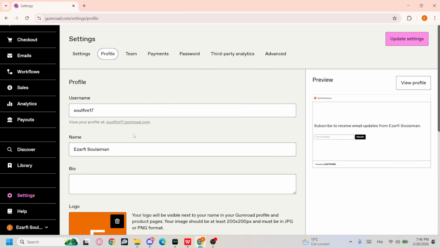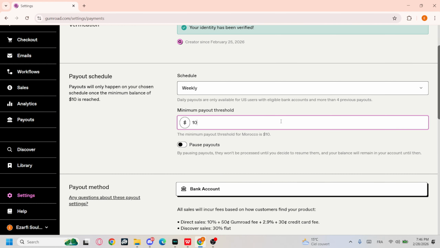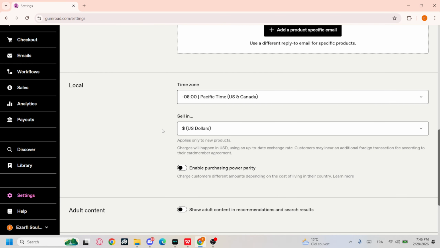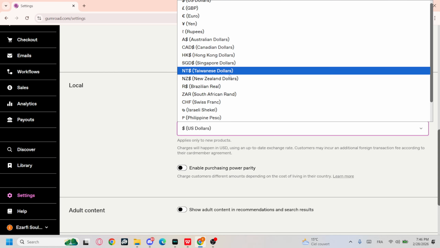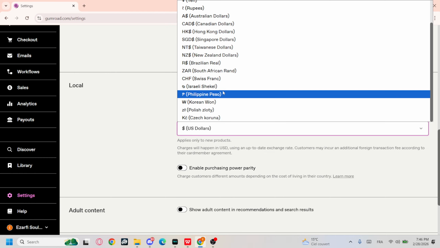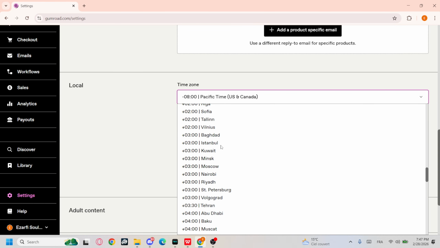Now just go up and click on payments. So here you can set your currency and the country. Okay, so for the currency you can find it in the settings right here, then just scroll all the way down. You will find local, so just go with the US dollar or another option and change the currency from here. For the country or the time zone, you will need to go with that option and then just set